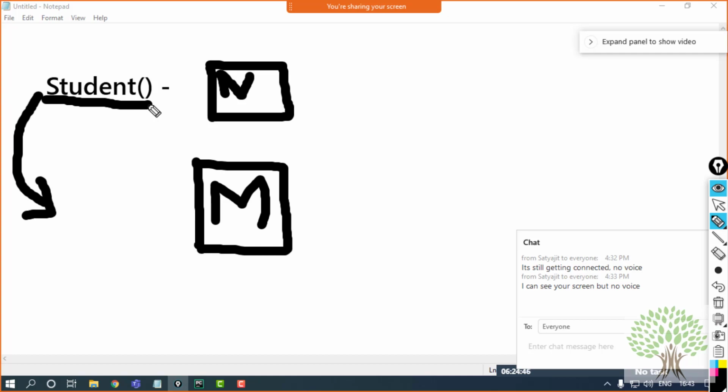So how do we have to handle this? It's very simple. What we will do is, we will do this thing once only. We'll create the student object once, and by this what will happen? A memory will be reserved for this object. What I'll do is, I'll make a reference for this object and I'll name it S1, let's say. So when I have to access this object, I will use this reference S1.